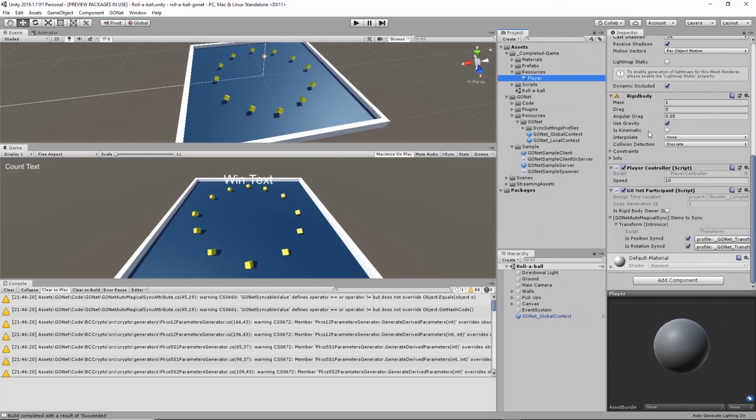So if I spawn my player, I'm going to leave gravity on and leave IsKinematic off, but the other player is going to see me without gravity and with IsKinematic true. The reason behind that is